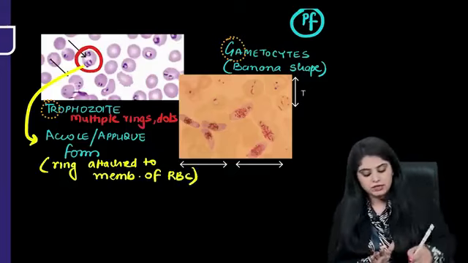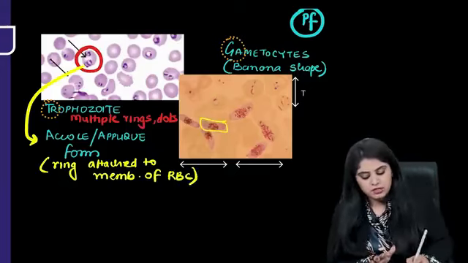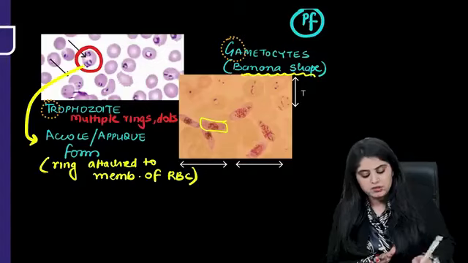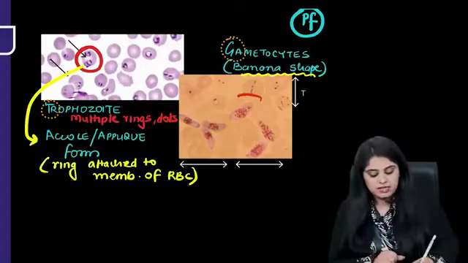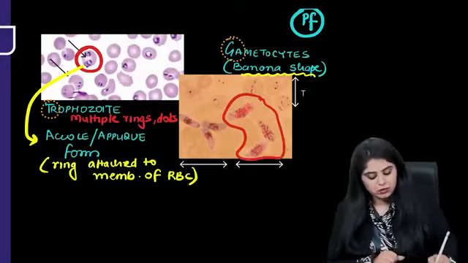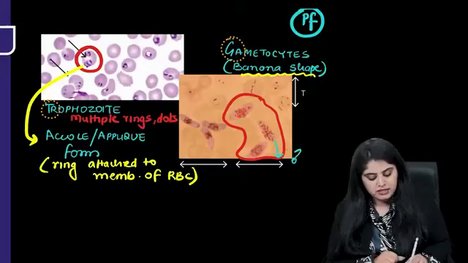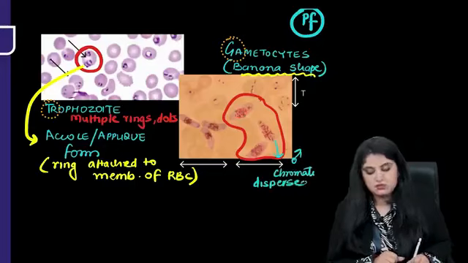Now coming to gametocyte, I can see the shape. It is going to be a banana shape. Now I just need to know what is male and what is female. So I've given you that hostel room wala mnemonic. Ke males ka hostel room dekho, it is all scattered and messy. The chromatin is all over. So they will say that male gametocyte mein the chromatin is all over, means the chromatin is dispersed, whereas girls